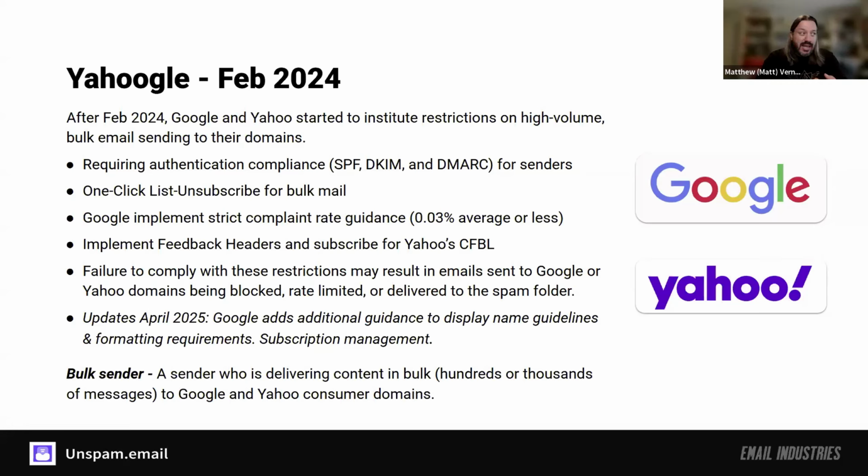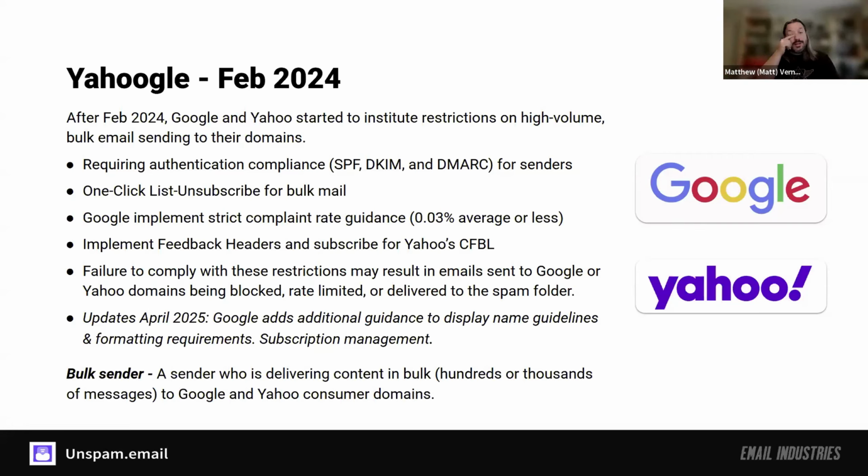Bulk mail has been defined as, in some situations, sending more than 5,000 messages a day. But depending on the mailbox provider you talk to, some of them have much lower thresholds. Some might say it's 1,000 messages a day. And others, like Yahoo, don't put a label on that. They simply say, you are a bulk sender when we determine you are. And it's a one-way trip. So if you cross that threshold on one day, guess what? You are now going forward considered a bulk sender.